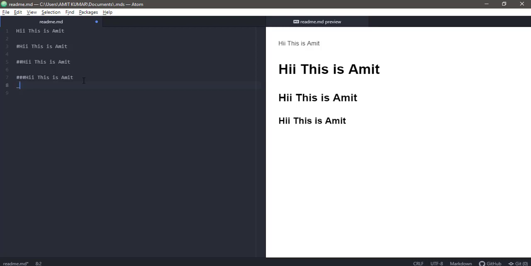Now moving on to the italics part. If you want to give italics then you can just give it like this. So you can see we have done the italic part. Now if you want to give bold, which many people call strong, you can do that by giving double asterisk signs. So you can see this is the bold one, or the strong.